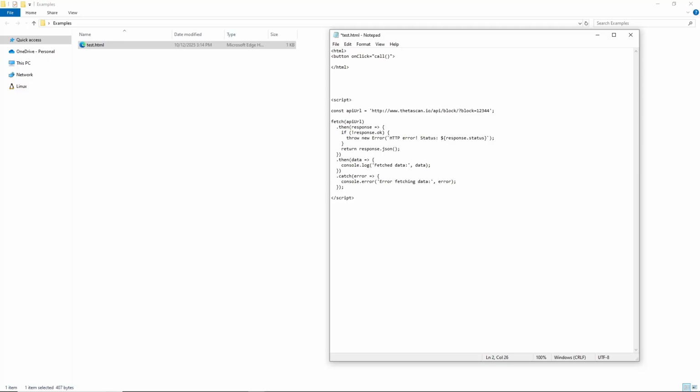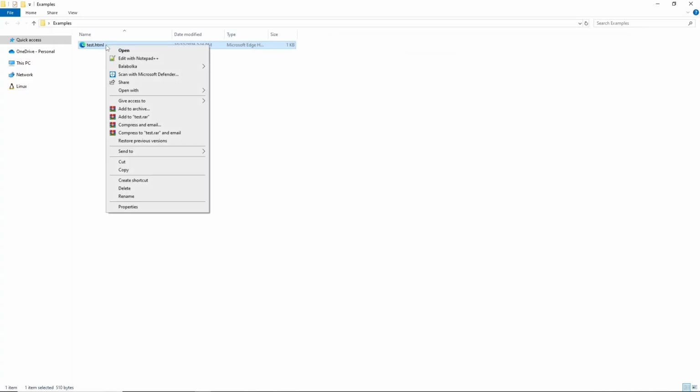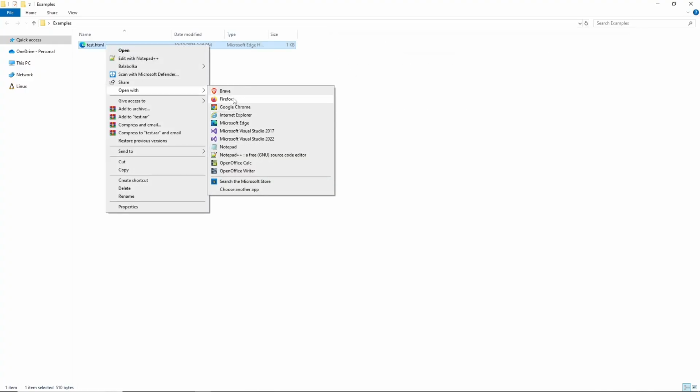And we'll name the button get block 12344. And now we're going to grab the function call, and it's going to get block 12344. Now this needs to be put in a function, so let's put it in a function. And we have it in our function, so everything looks good, except fetches have to be in asynchronous functions, so you need to add async in front of function for this to work. So then we're simply going to save it and close, and then we're going to open this up into Firefox,